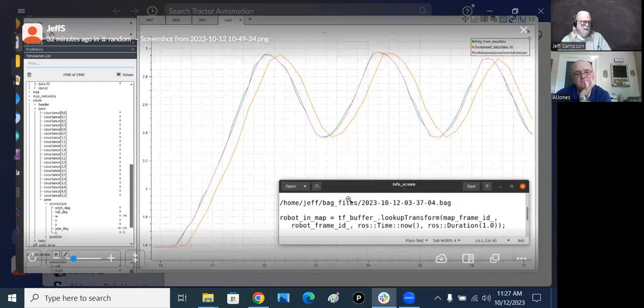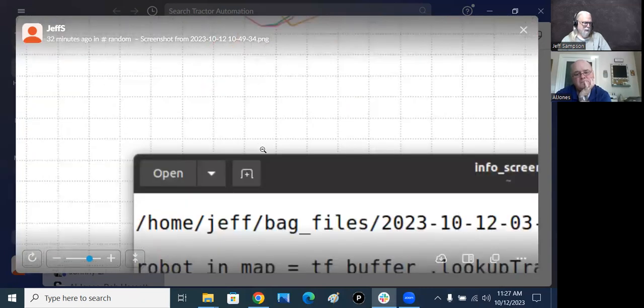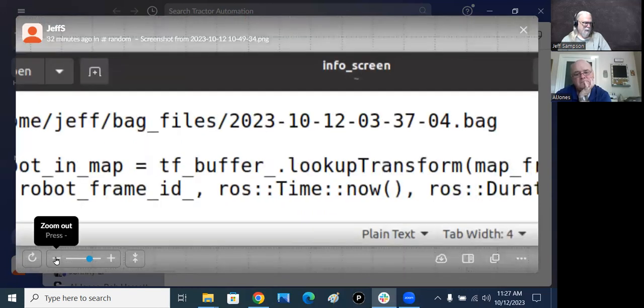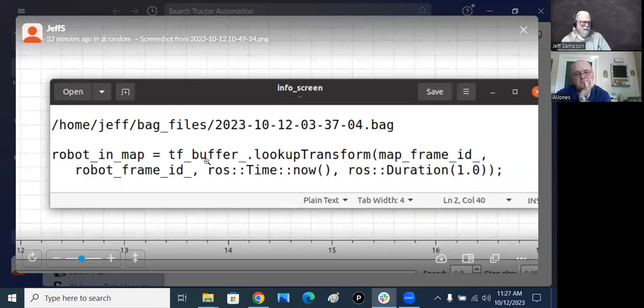So I attempted to fix it, and I went into that same statement and I modified it to do this. The whole thing looks the same, except instead of saying ROS time 0, you say ROS time now. So it takes whatever your current wall time is and says, I must have that one. And if you run that, that will fail on you, because if it's not immediately available, it just fails and doesn't do anything. So you add a new field that says duration,